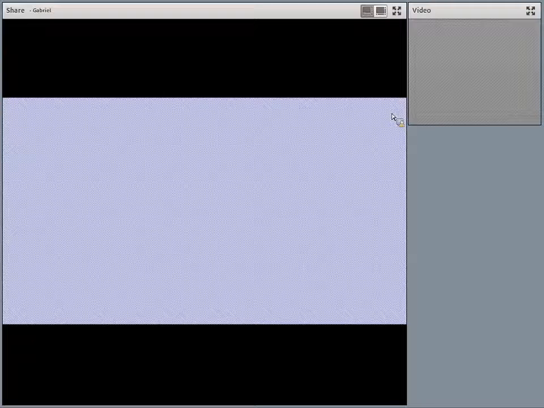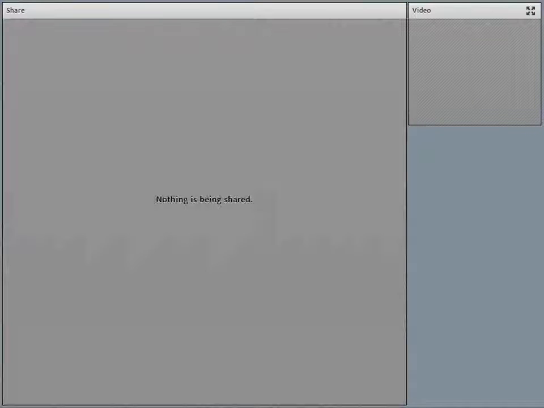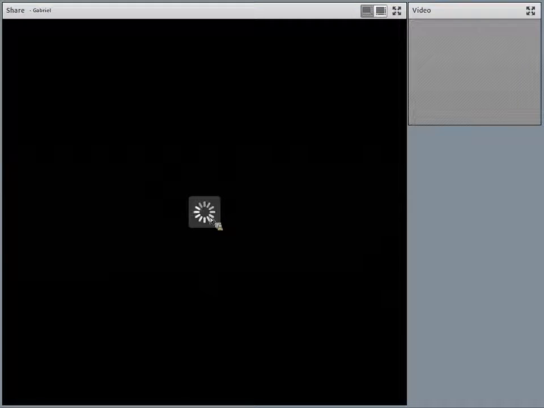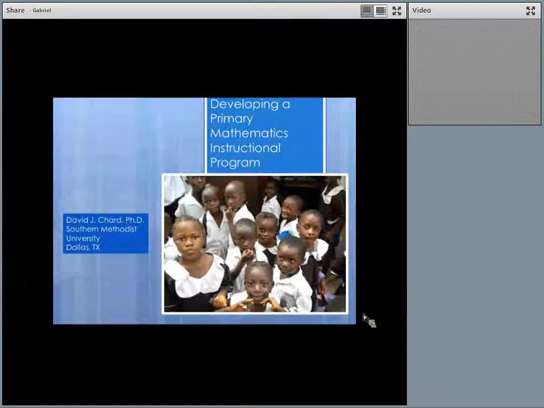The presentation that I'm going to give is really going to be divided into two sections. Part one will focus on the development of a numeracy program that we've been working on with the Liberia Teacher Training Project. The second part, we'll briefly talk about the process for providing support in Liberia, and how far we've come in the development of the project and where we're at currently. So we can begin the next slide.